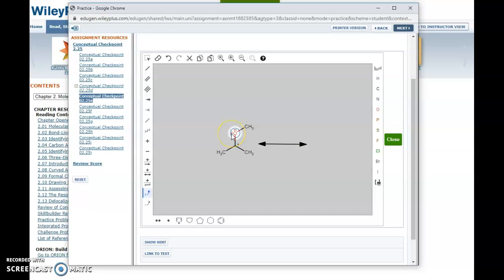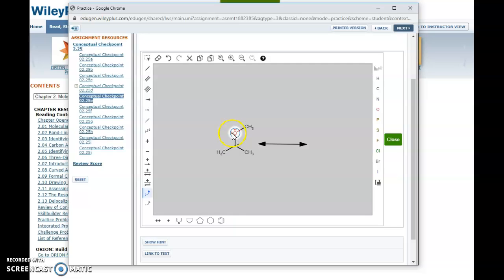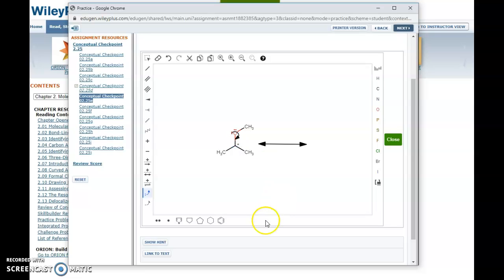These electrons here on the oxygen are going to form a double bond here. So let's click on the oxygen, then we're going to click on the electrons. And then we're going to indicate the bond between the oxygen and the carbon. Okay? And then when we draw it, we're going to get